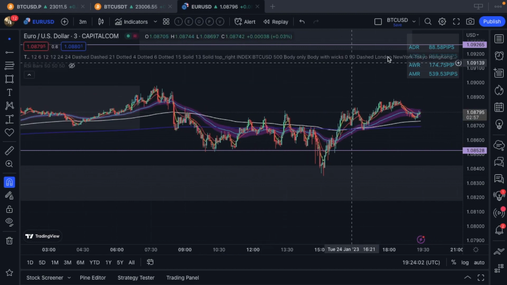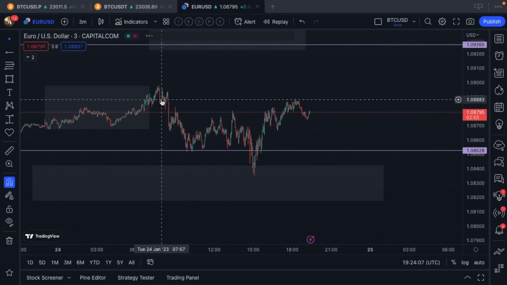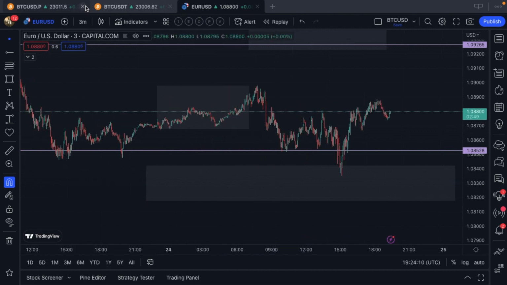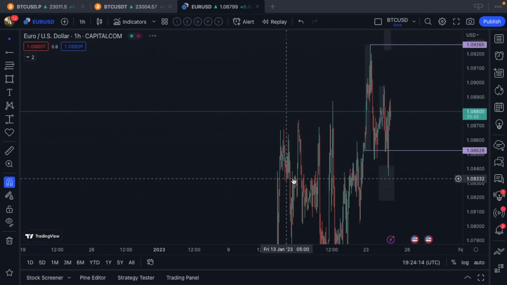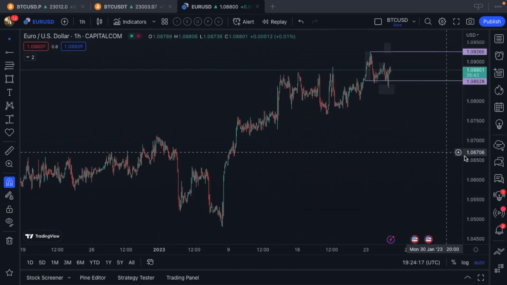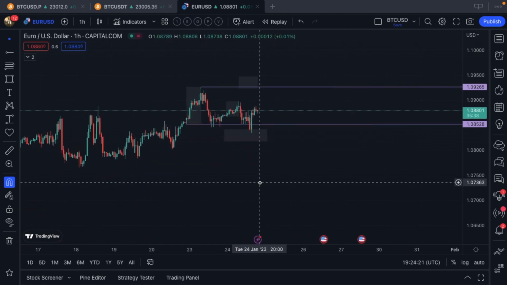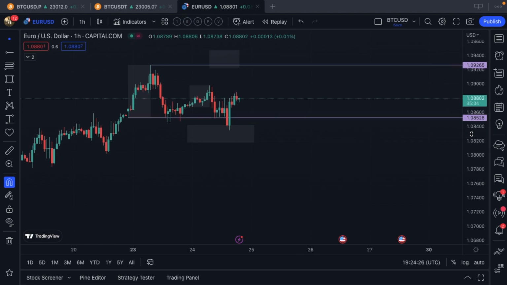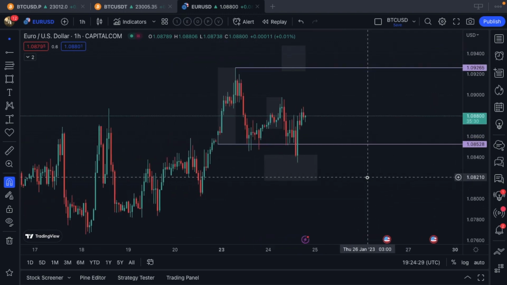So if I don't glean that much information off of there, this is how I play this out. So don't do what I do. Let me get this back to a 1-hour chart. Don't do what I do. Do what you do. All right. But I'm just going to give you some ideas. Okay, so